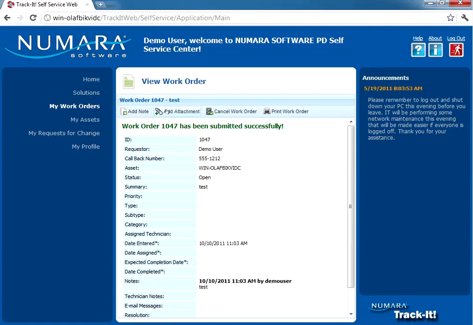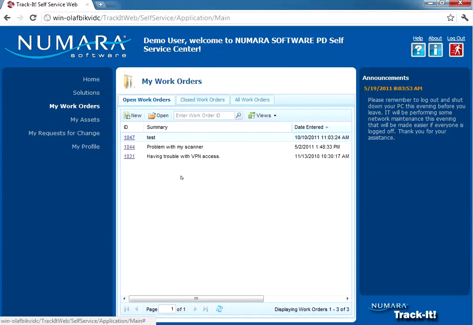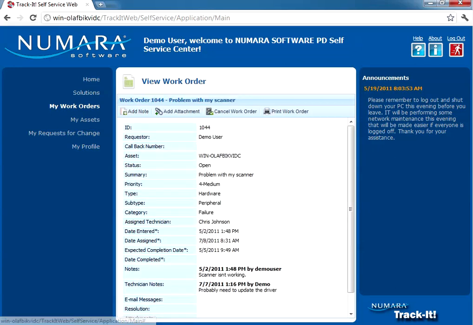Then you'll notice once I have a saved work order, this is what the view looks like. This is a brand new one I just added, so it just shows this message about it being added successfully. If I go to my work orders, you will see the option here where you could see all previous work orders that have been entered into your system. And if I click on any of those, then I have the option to, just like we saw before, add attachments,